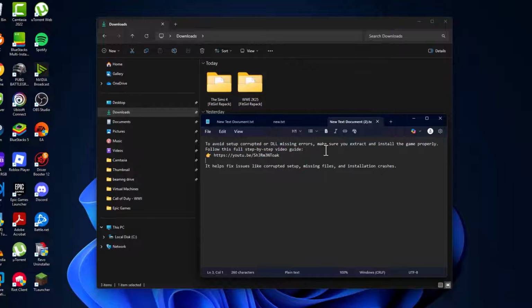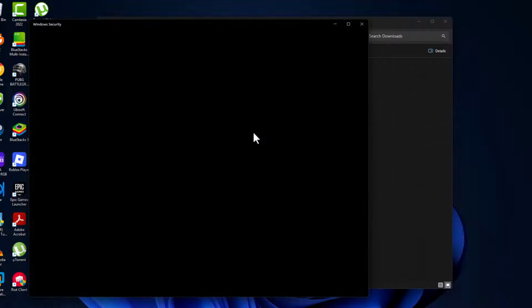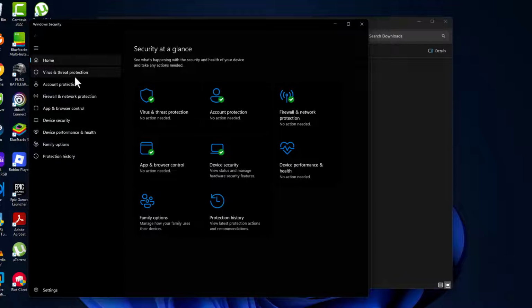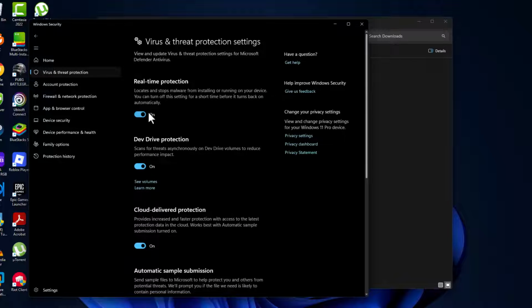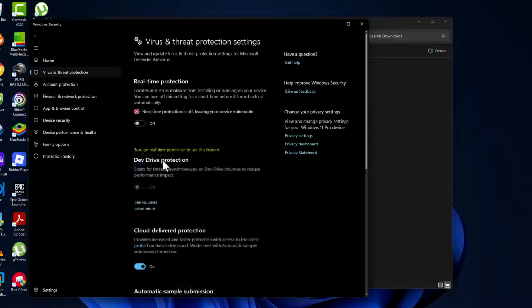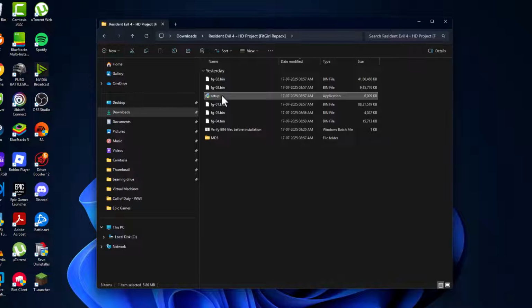After watching this video, you just need to go to the search menu and type Windows Security. Click on open it. Select virus and threat protection and select manage settings. Turn off the real-time protection and select yes. After doing it, just minimize this page, double click on the setup folder, double click on setup and select